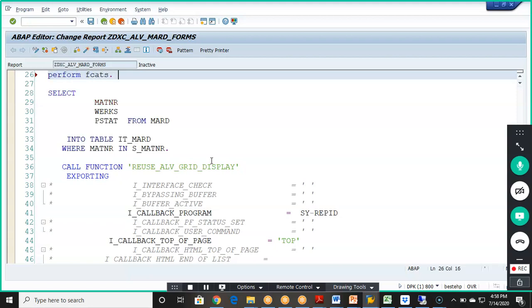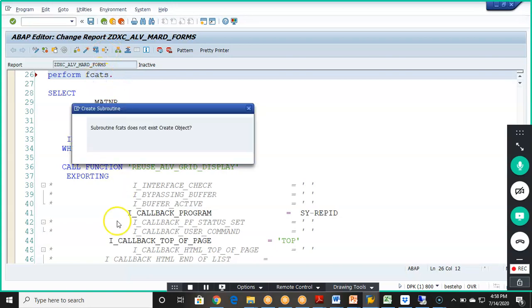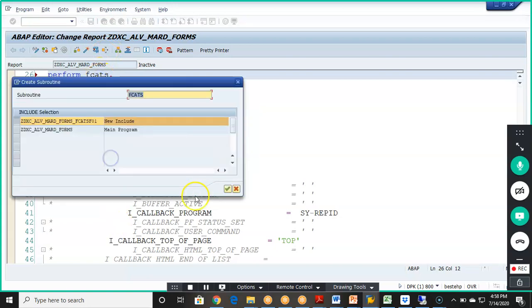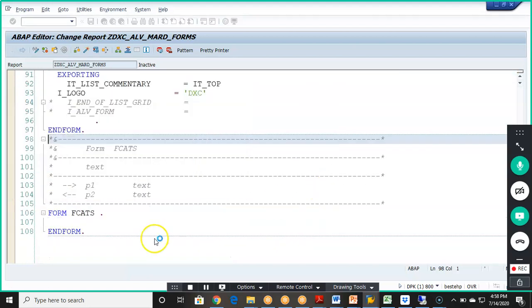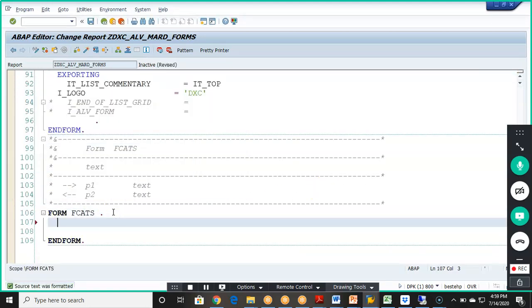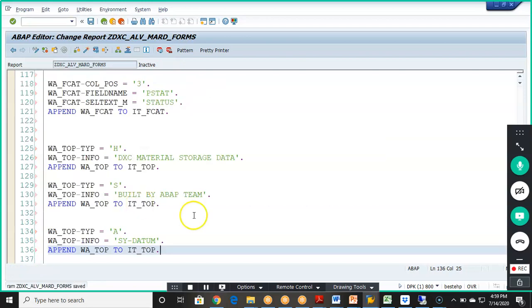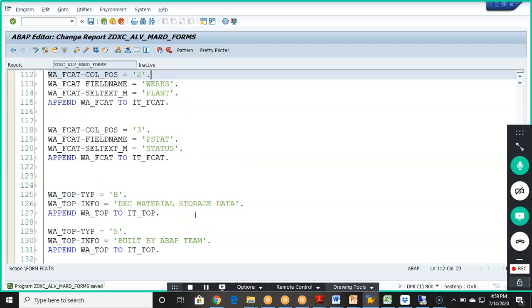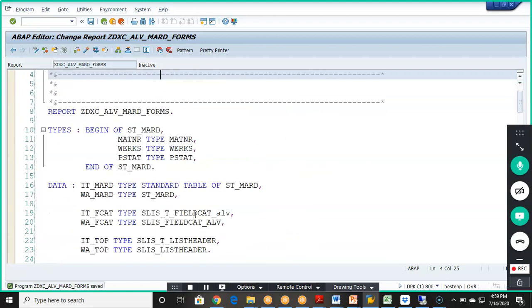Perform fcats, okay, means field catalogs. Double click on it and it gets created below in forms, and at the bottom you will write the entire program in this particular subroutine. And then we'll go back and